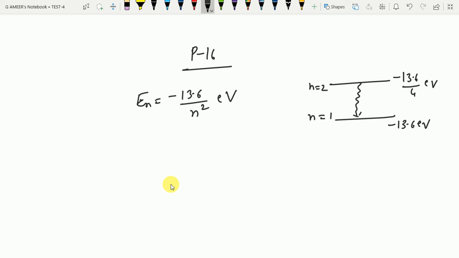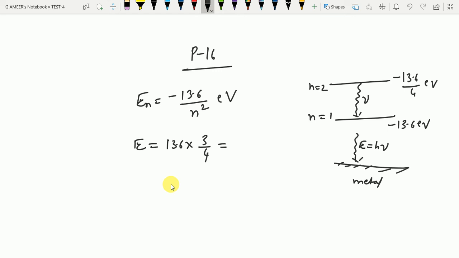So now a photon is emitted. This photon is again coming and falling on a metal. Once this photon is falling on this metal, I need to estimate its frequency, I need to estimate its energy. So the energy I will get is simply the difference. What is the difference? It is 13.6 into 1 minus 1 by 4, that is 3 by 4. That is the difference. So with this, what will I get here?